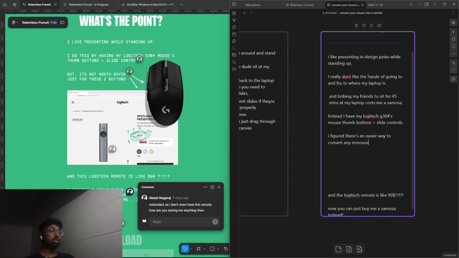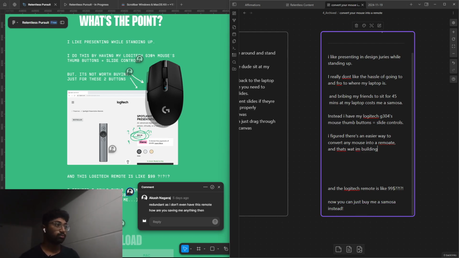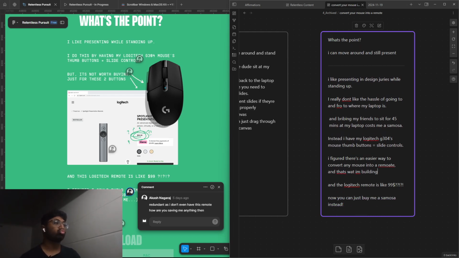Any mouse. I figured there's an easier way to convert any mouse into a remote. And that's what I'm building. So, like you said, this Logitech remote is redundant because nobody's buying it for 99 bucks. But I like saying that the problems are